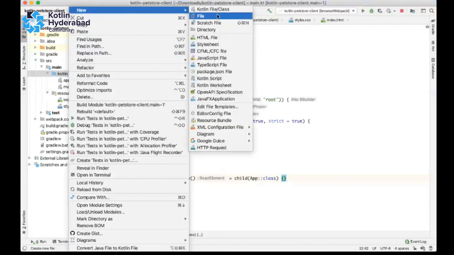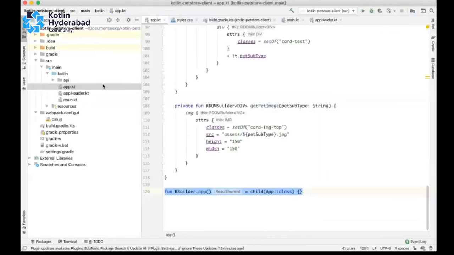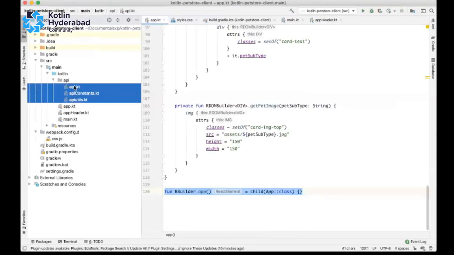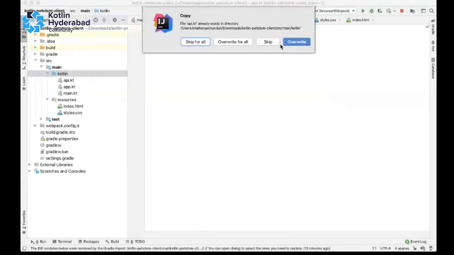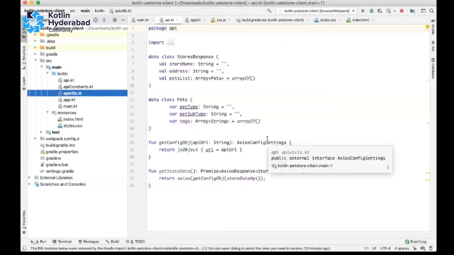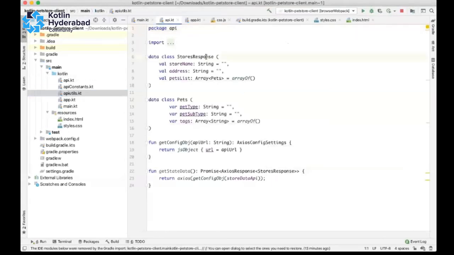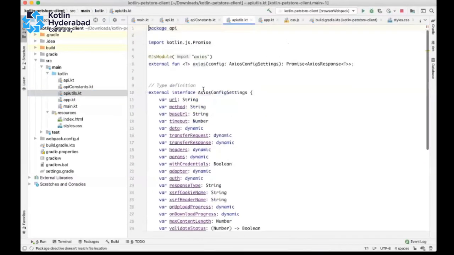We'll also have an Axios configuration. First let us go with the API utils.